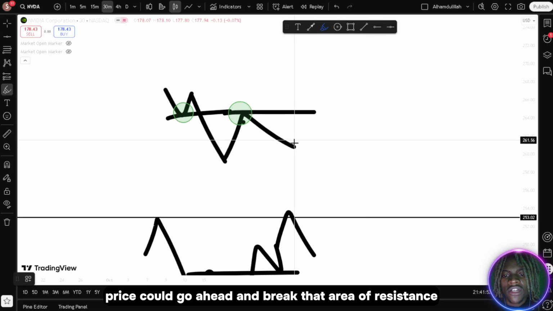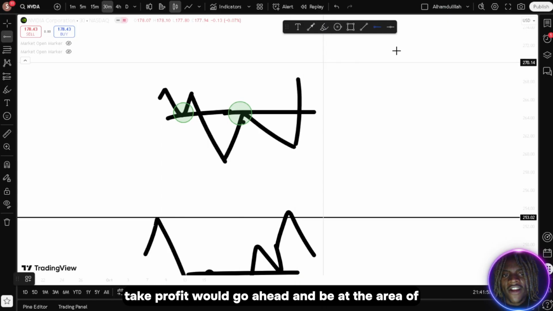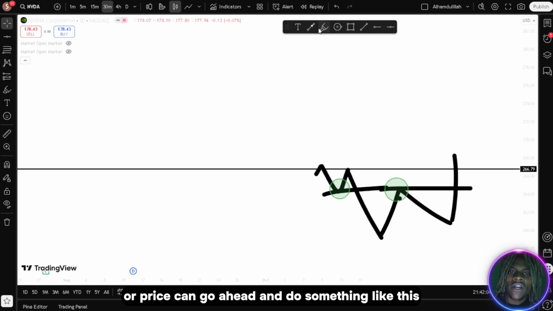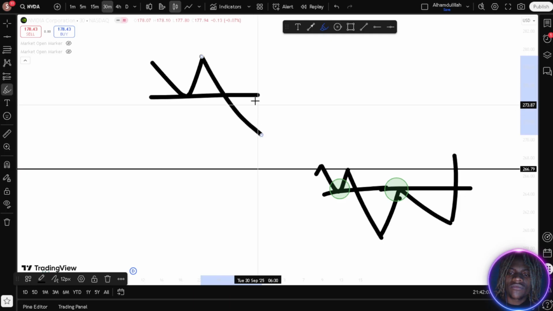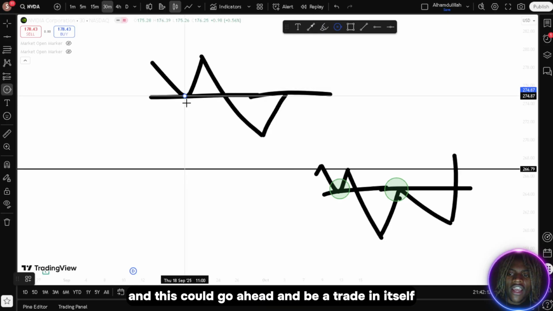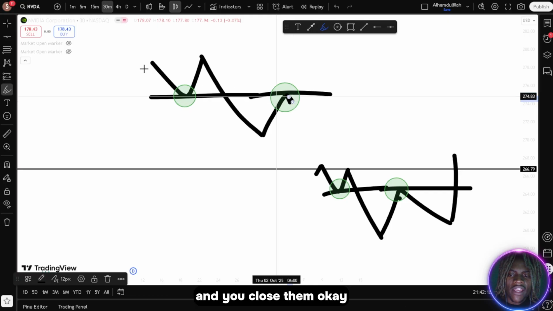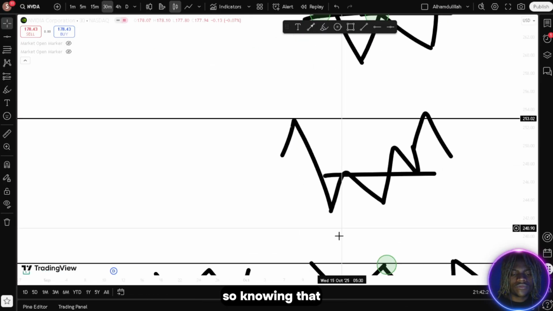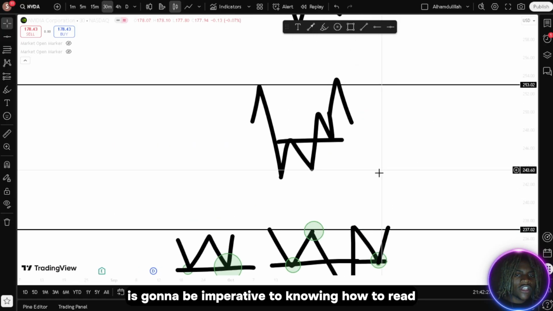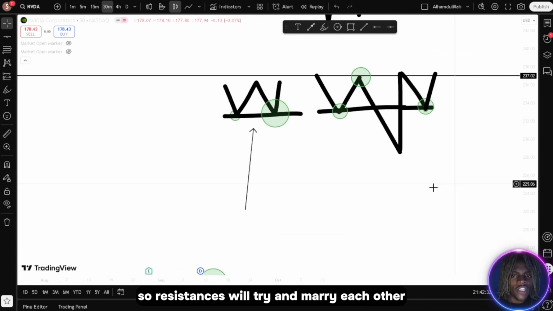So price could break that area of resistance. Once again, take profit will be at the area of resistance here. Or price can do something like this, and just run up to the area of support, and this could be a trade in itself, even if it doesn't run through it. Price could potentially do that, and you close then. Knowing how the chart works is going to be imperative to knowing how to read when to close. Resistances will try and mirror each other,